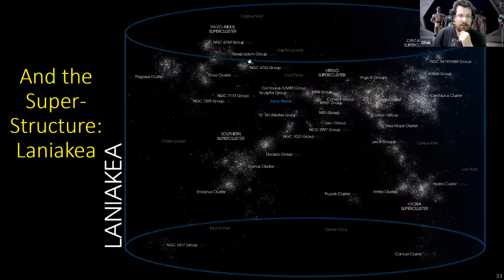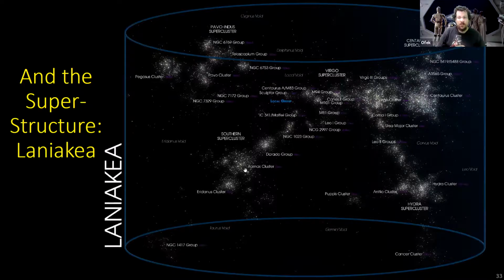Okay, as I said also, the local group is part of the Virgo supercluster, which itself is part of the Laniakea supercluster. So this here in blue in the middle is our local group, basically Andromeda, the Milky Way, and our satellite galaxies, part of the Virgo supercluster, which itself is joined by other superclusters around us to form this kind of, to start building this kind of a web structure or network of galactic clusters and superclusters connecting to each other on a larger and larger scale.